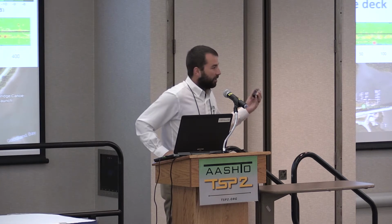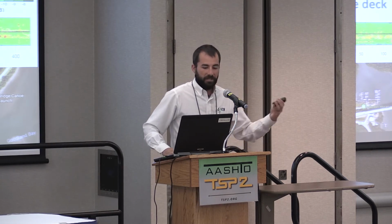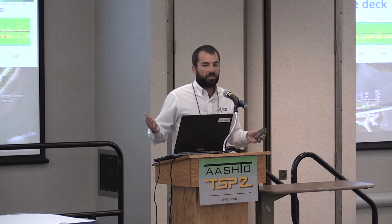Now, is this all delaminated concrete? No. Is it high in chlorides? Probably. Is there some delaminations there? Most likely. But we have an idea of where that exposure is in that deck using just GPR, and we can locate,